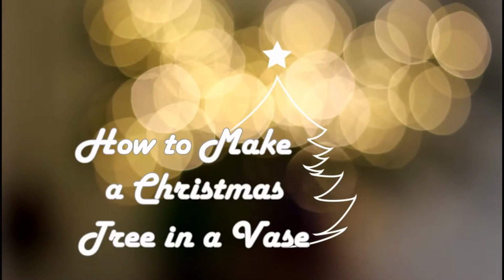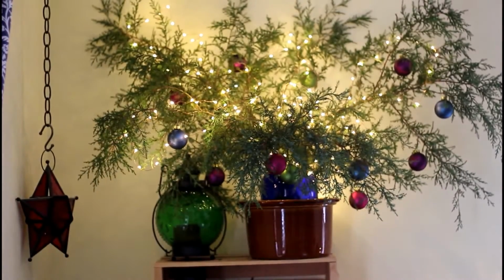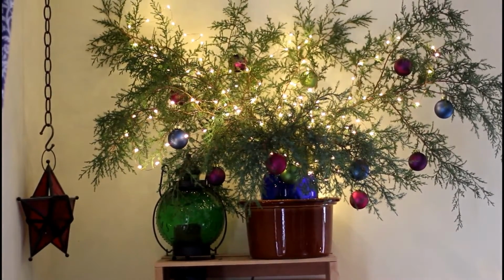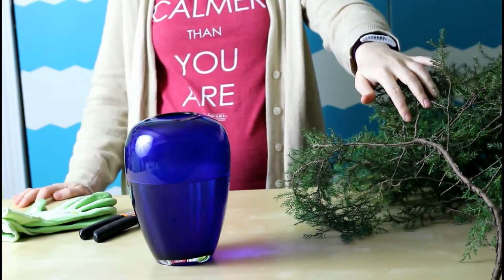This is a cute way to add a little holiday cheer without taking up a whole corner of the room like a Christmas tree would. Perfect for smaller houses or apartments, or maybe you have a tree but you just want more. That's cool too. So here I have some cedar branches that I cut off a tree in my yard, a